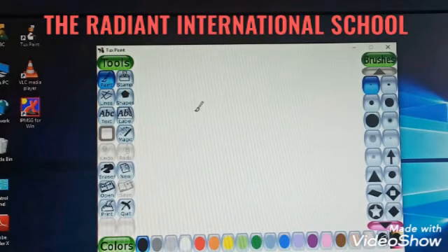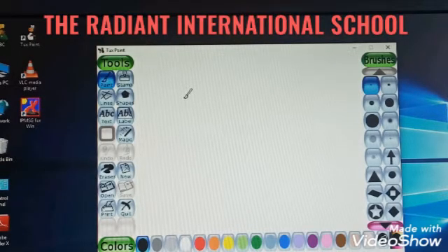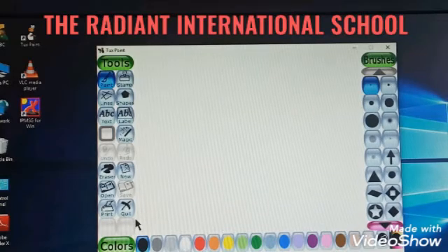So students, today we are going to learn some more tools of TuxPaint. You might have remembered what we have done last week. We have seen shapes tool, then we have seen eraser tool. Eraser tool can be used to erase also and to give some effects also. Then we have seen text tool, which is used for typing the text, and we have seen a magic tool called drip, using which we have given some dripping effect to our text. Now today we are going to learn about the edges tool.